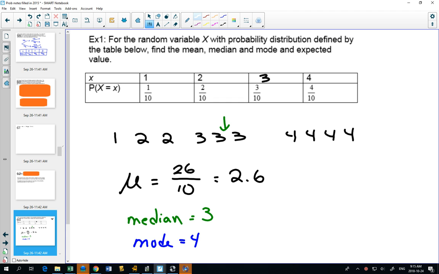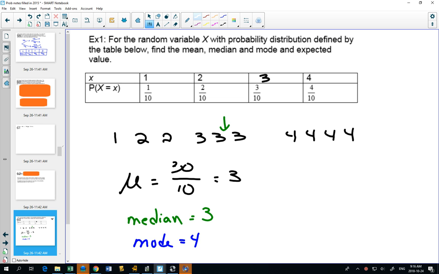So one of the things you can do with a probability distribution is once you look at the probabilities, you could say, in this case, since the common denominator is 10, if this happened 10 times, this would be my theoretical result: 1 one, 2 twos, 3 threes, and 4 fours. Yes? That's equal to 30? Okay. I forgot to add 1 in the 4s. Thank you. There we go. So our mean is 3.